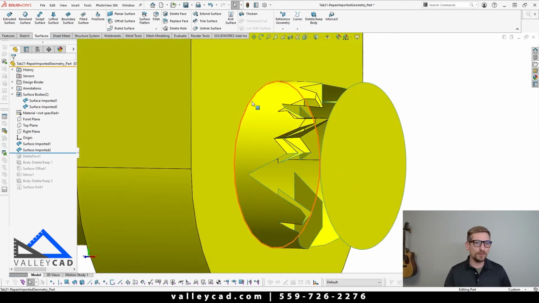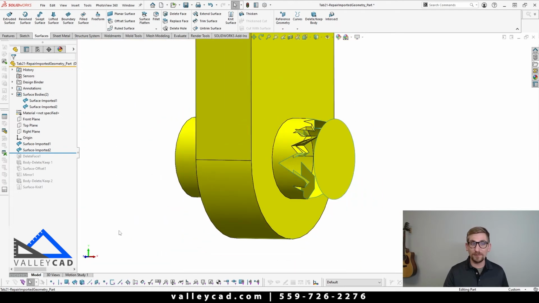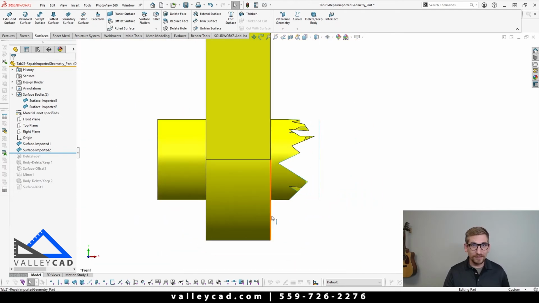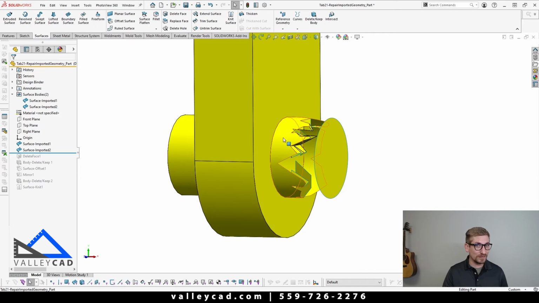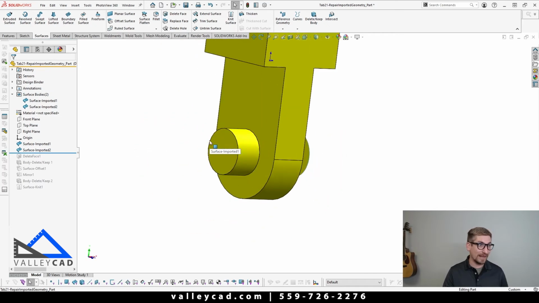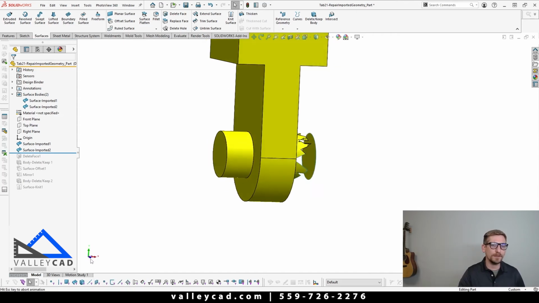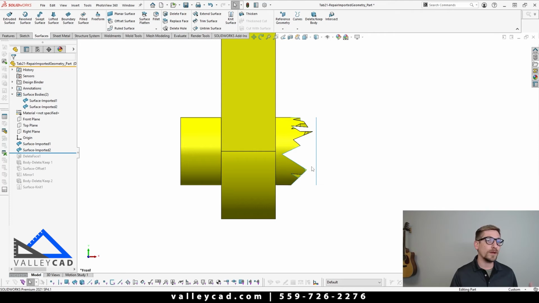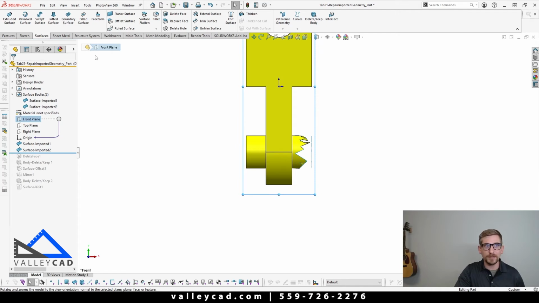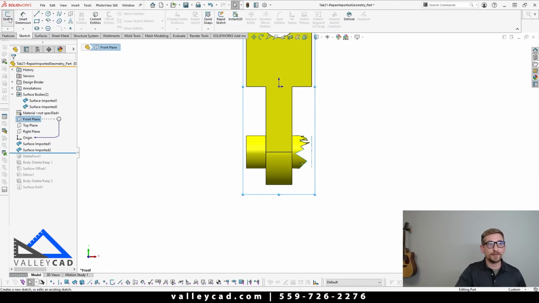And I want to try to utilize my existing geometry as much as possible, because I didn't come through and measure what the diameter of this was compared to that side. I just kind of quickly willy-nilly did it, right? Well, what I would actually do this time is come in and do a trim command. So if I come through here and utilize my front plane, I could come up here and activate the sketch